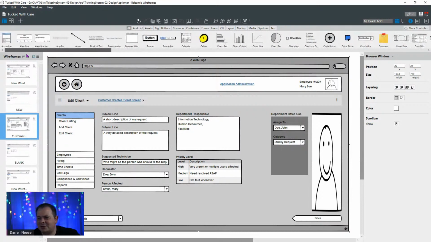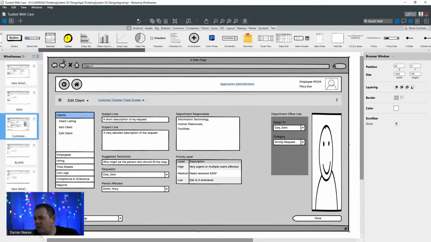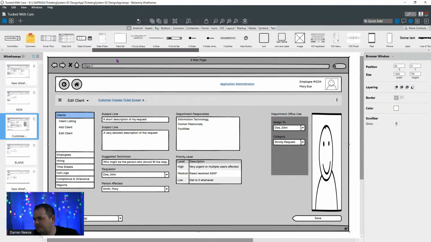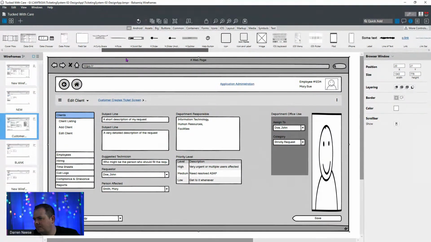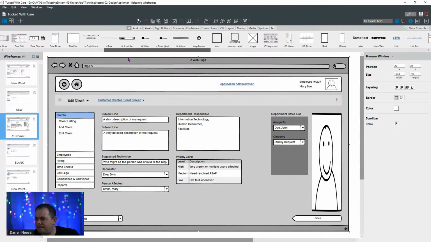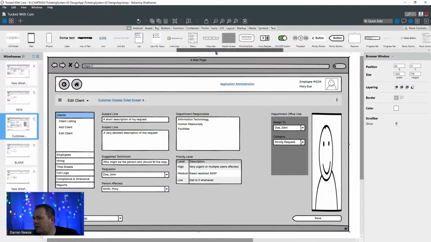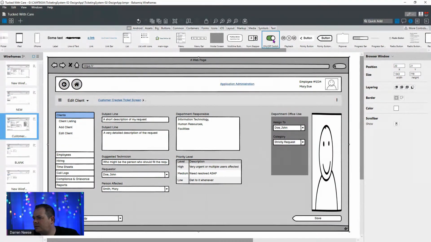Okay, so let's go find either a toggle button or a checkbox. I'm looking here. There we go, an on-off switch. I'm sure they got a checkbox in here as well, but